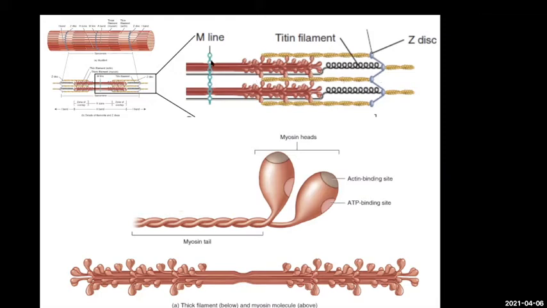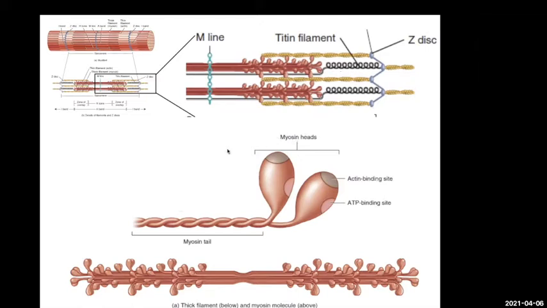And you see coming off the M line over here, you have that part of the myosin, which starts to give rise to these myosin heads over here, right? These are these structures over here. And then these are the myosin tails. So you can see in the midsection around here, it's all the myosin tails, and then as you move out laterally, you see all these myosin heads sticking out. And this is what's going to be interacting actually with the actin filaments,